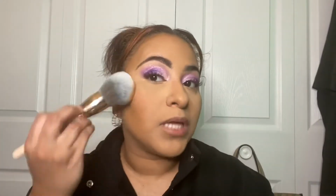So for the, I'll use my new Laura Lee. We are going in with the Sephora Micro Smooth, and I have mine in the shade 35. I believe that's the shade. So I just kind of use this to set, obviously, where you put your bronzer, your blush. And for this reason, this is why I like to go in with, I know some people don't like to use